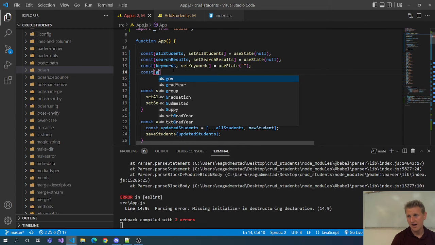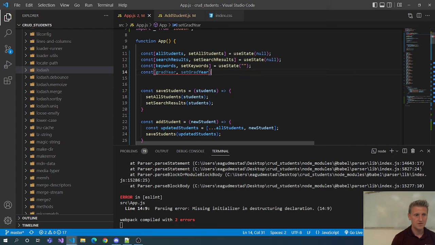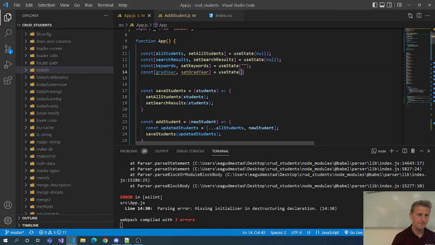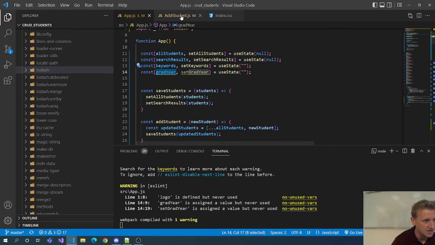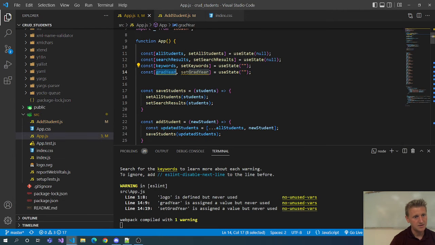So we'll call this grad year. Set grad year. Now, keep your code DRY. I don't like this because grad year was here and it's here. There might be a way so that I'm not repeating this hook across multiple components, and let's hope I'll take a look at cleaning that up. But for now,